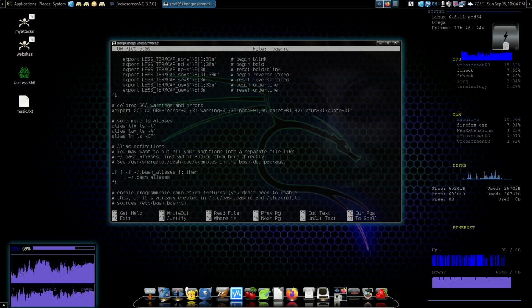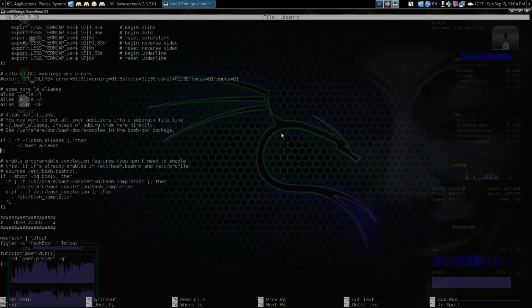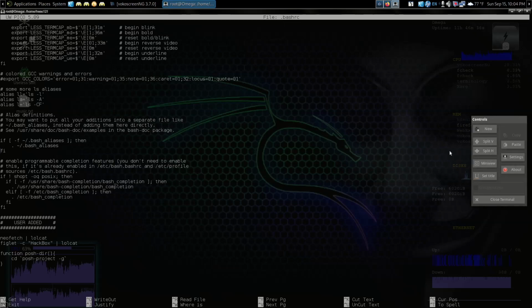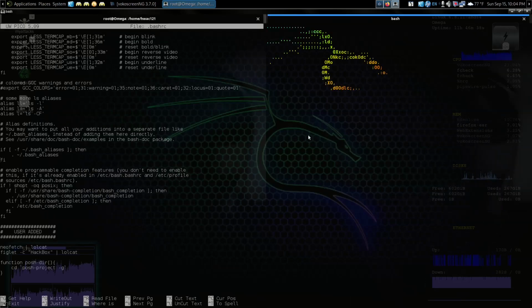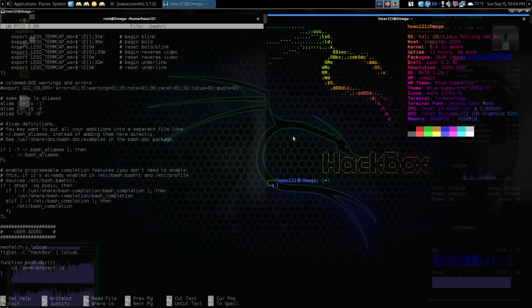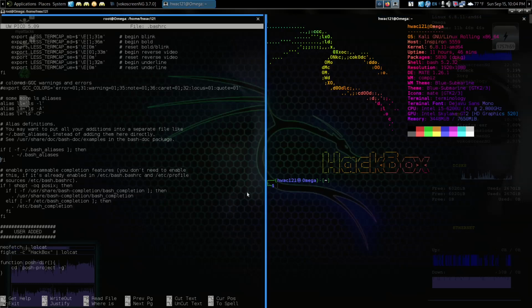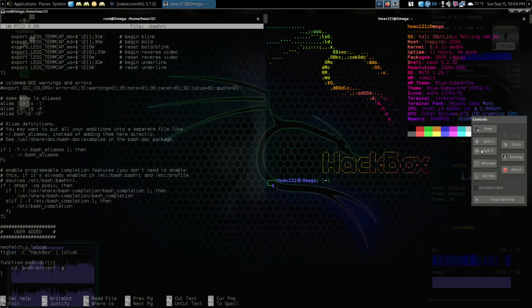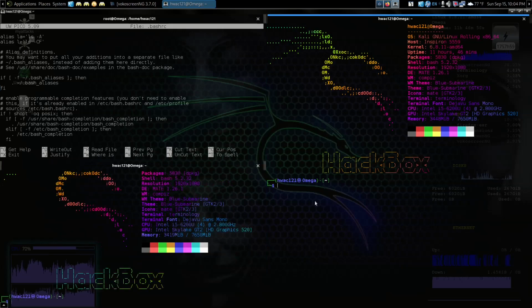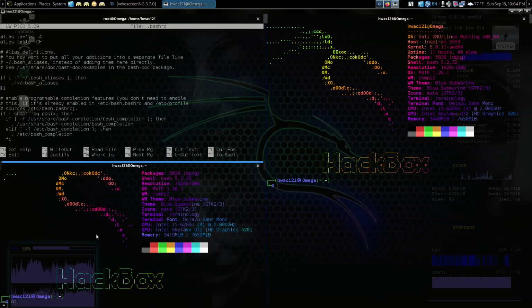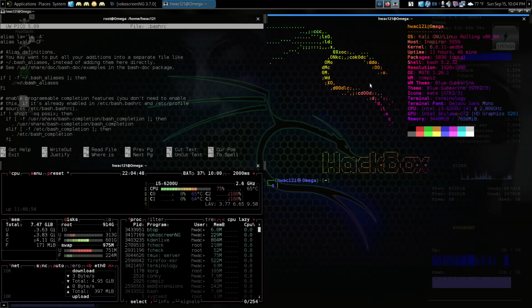Now, right here is the part that grabs the custom aliases, okay? And I'm going to show you. And this is also going to highlight one of the nice features about the Terminology terminal, is I can split it into different screens. In fact, I can split this again if I want to here. I have another screen down there. Be watching what's my computer doing if I want. But anyway, over here,